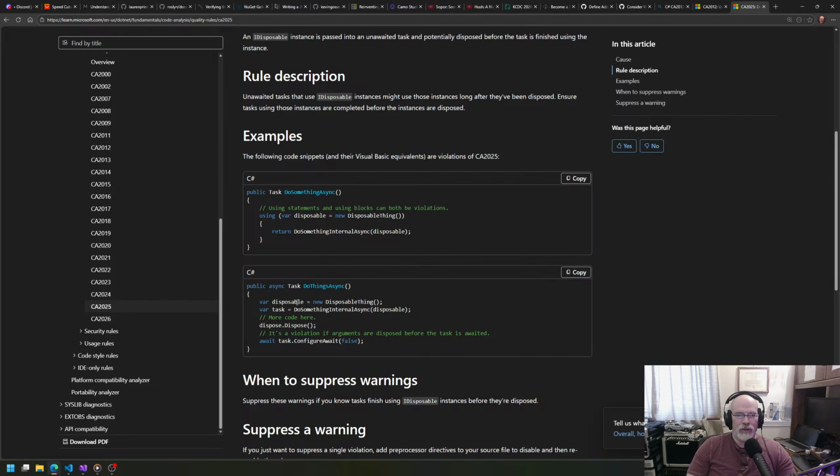So here we have a disposable. We pass that in. Here's a task. We dispose it, and this is a violation if arguments are disposed before the task is awaited. Because the task came back from something that